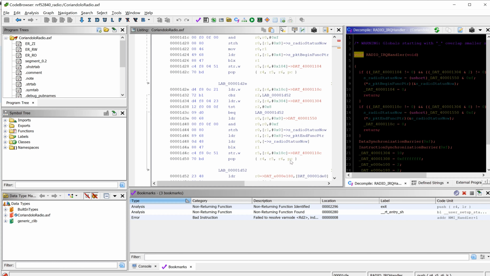So basically the PC, when returning from the radio IRQ handler, will be set to LR, which would have some magic value starting with FF. That is not really a valid instruction address. So we would need to intercept this memory access and call the interrupt return function,